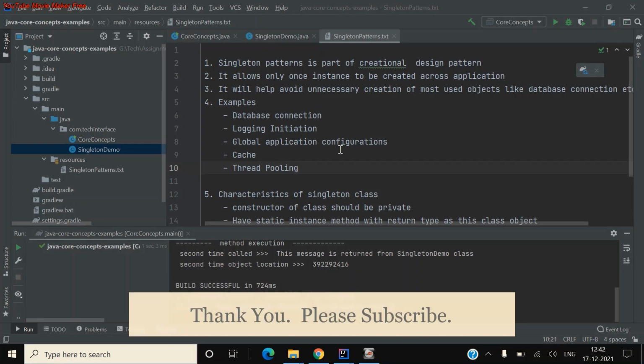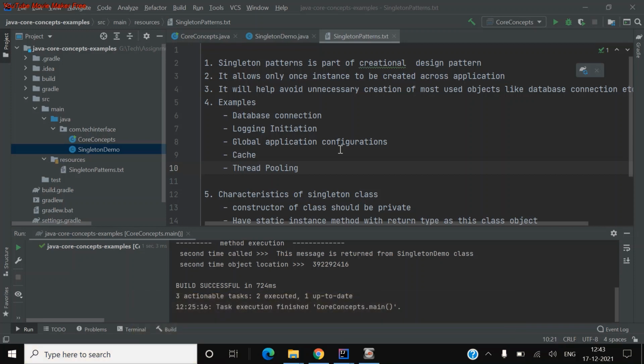So today we'll go through one of the core concepts of Java, that is nothing but the singleton class or singleton pattern, and how it is being used, because there's been a lot of talk about this. This is one of the most used topics in core Java and advanced Java. A lot of the frameworks use these classes by default or inbuilt whenever you're using them. So let us understand what the singleton design pattern means, and how to create a singleton class as well.